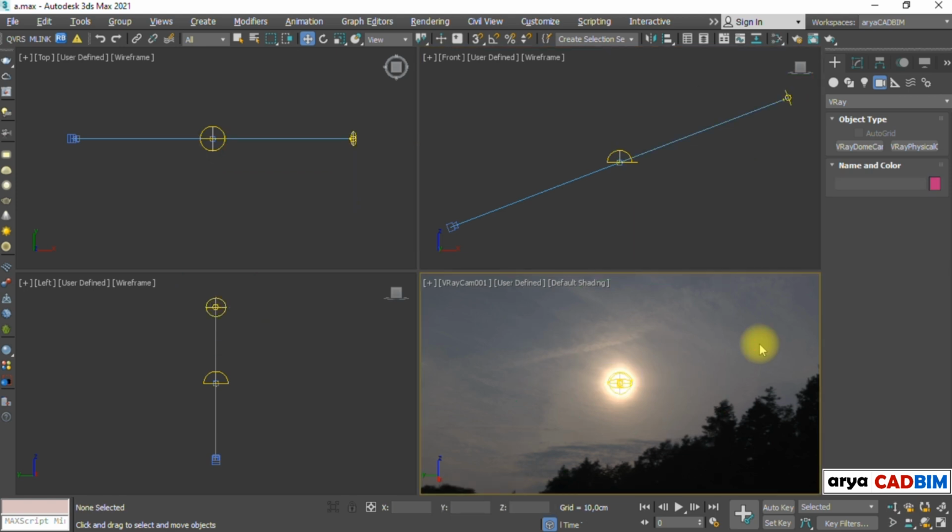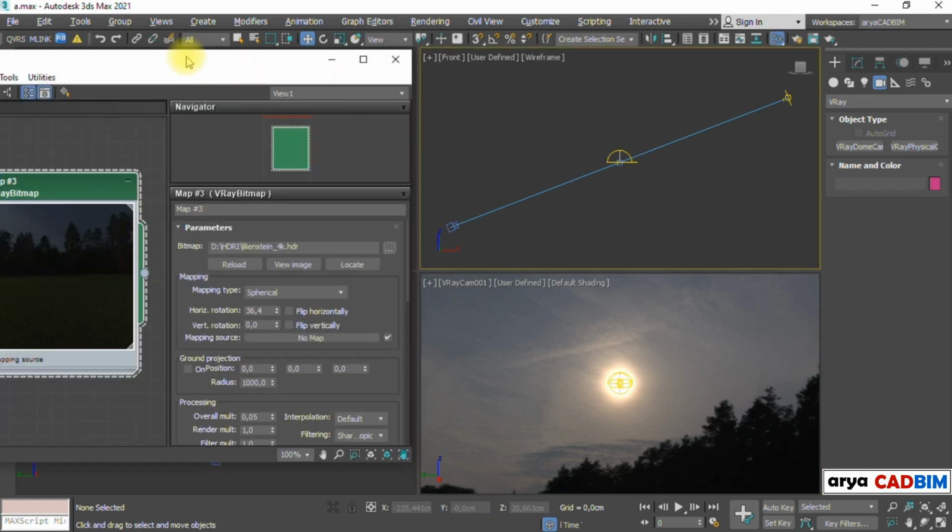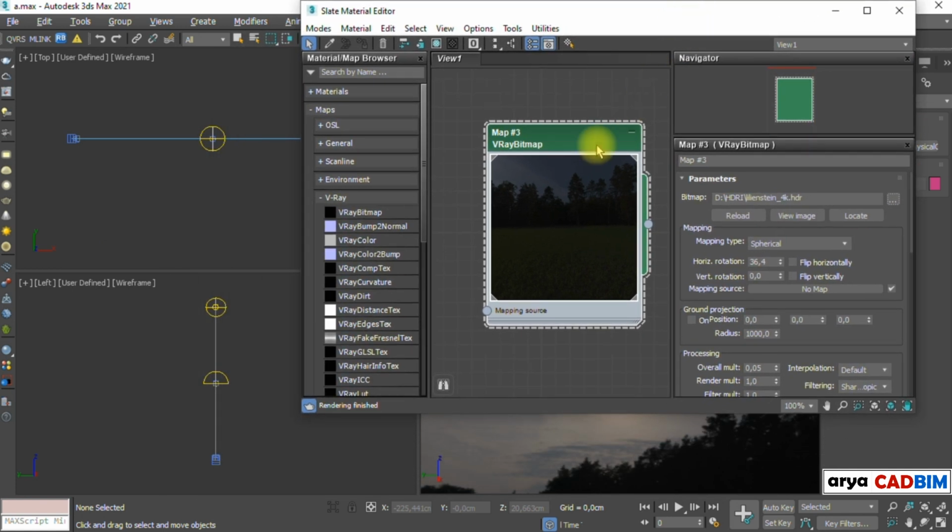Yes, that is okay. Now we matched the suns properly. This is like a single line and we are looking at the HDRI sun from a point on this line. What we need to do next is to create a connection between the V-Ray sun and the HDRI map, so that if we rotate the map, we don't lose the matching we have done. We will create an indirect connection over the dome light.